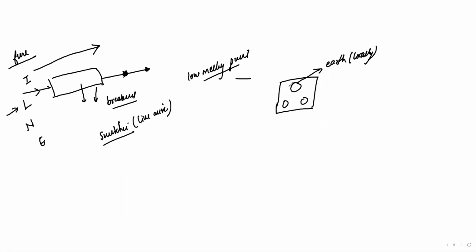Earthing is basically done to prevent the excessive flow of current, right? If there is some excessive flow of current in our system, the current will directly flow through the earth wire to the ground. It'll not shock us. It'll not cause any damage to us. Right? So yeah, this is the complete unit in like 37 minutes.